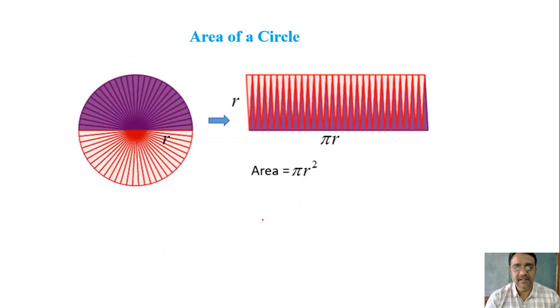Similarly, the area of circle. अगर हम लोग circle को रेगुलर क्लास में देखे थे, एक एनिमेशन से मैंने दिखाया था कि जब हम बहुत छोटे छोटे पार्ट्स कट करके ज्वाइंट करते हैं हाफ हाफ, so it will form a rectangle almost, and the length of this rectangle is pi r, and the breadth of this rectangle is r, and we know that the area of rectangle is length into breadth, so pi r into r will become pi r square. So area of circle is pi r square.